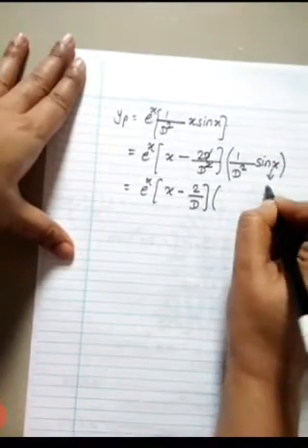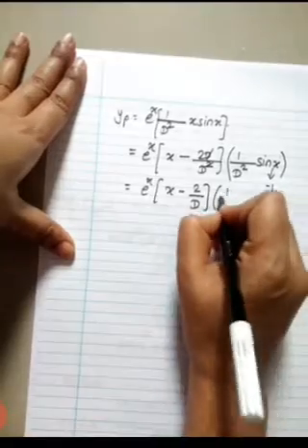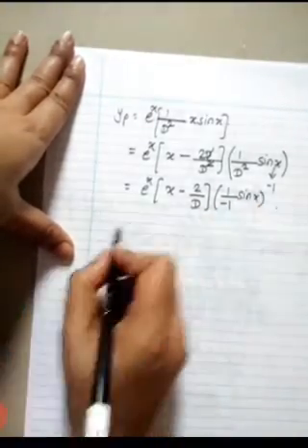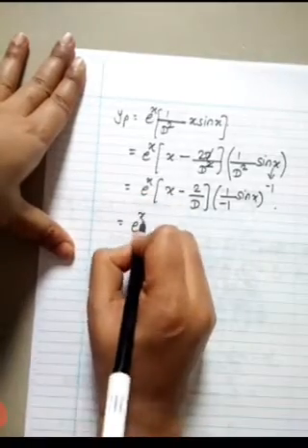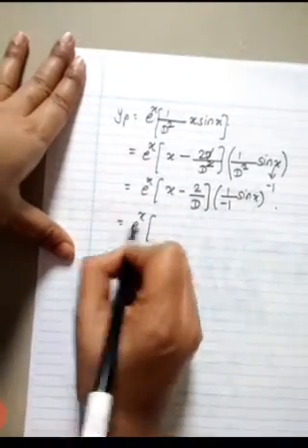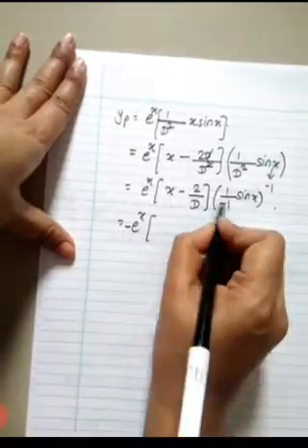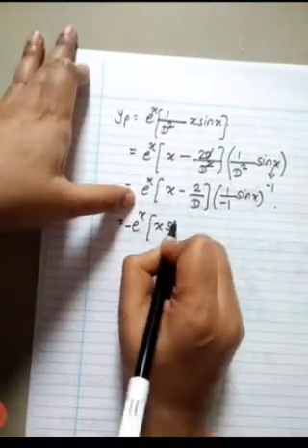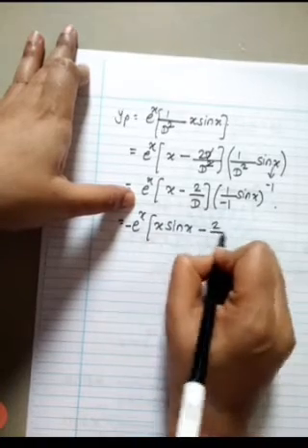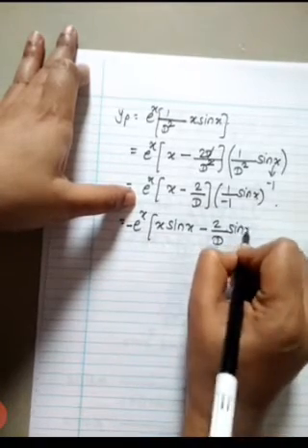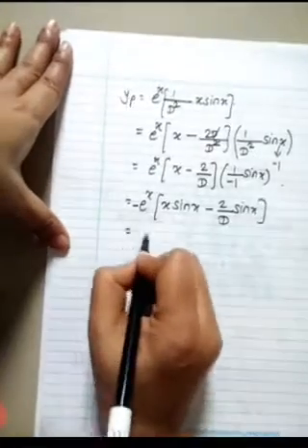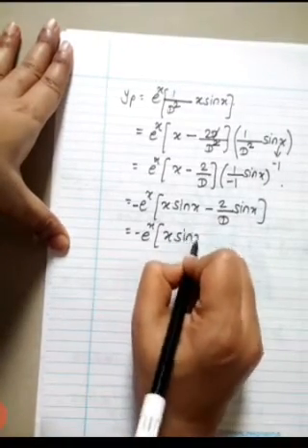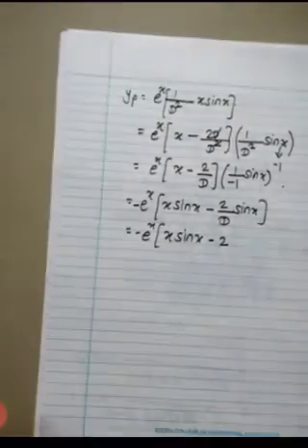This is the case of sin. So D squared is replaced by minus 1 into sin x. Right? That e is outside as it is. Minus sign, I'll take whole out. So I have given minus sign here. So it is x into sin x minus 2 by D sin x. So it is minus e raised to x, sin x minus 2 times 1 upon D sin x.